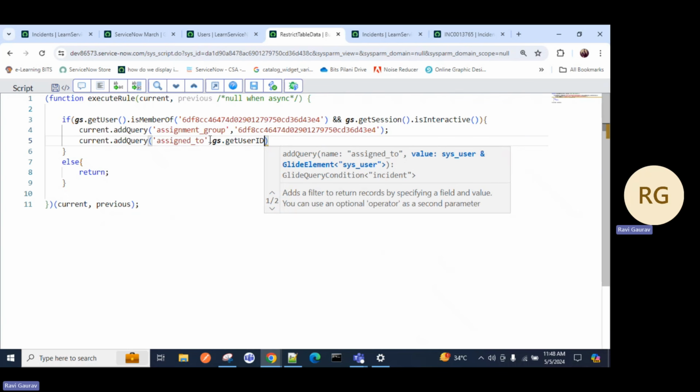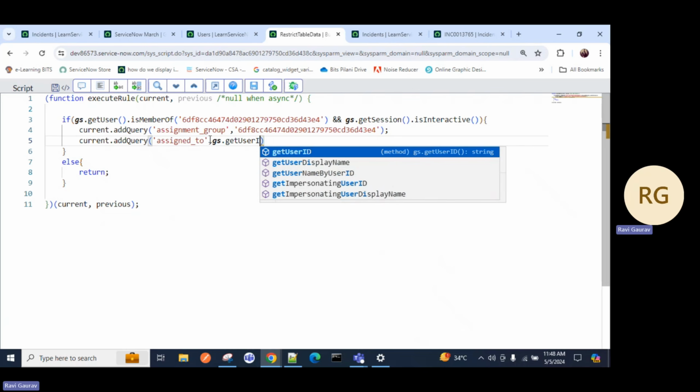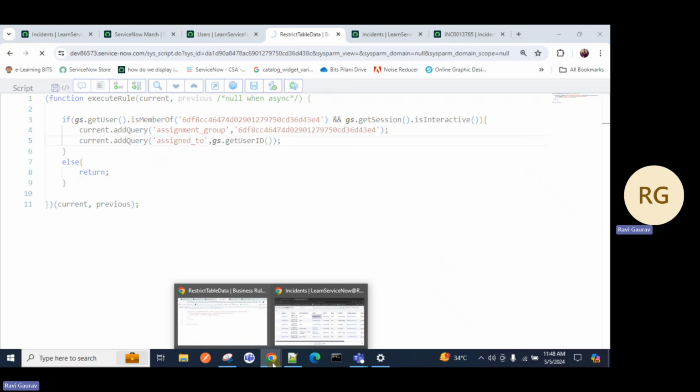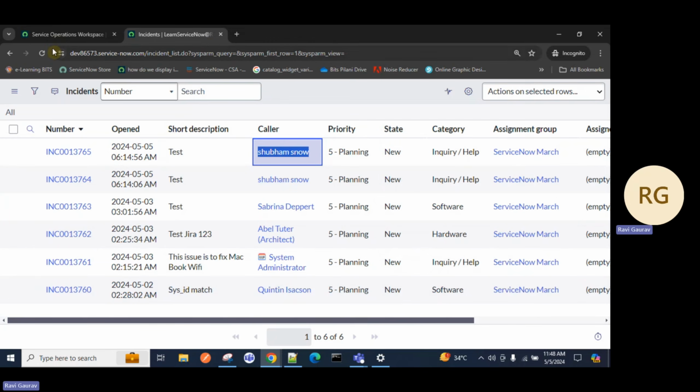That's it. The user ID is also, you can see, a method. So you will put user ID, something like this. I hope the spelling is correct. The D spelling is not correct. I think it's capital D, user ID. Yeah, user ID. Now, if I save it and go back again here and refresh the page,